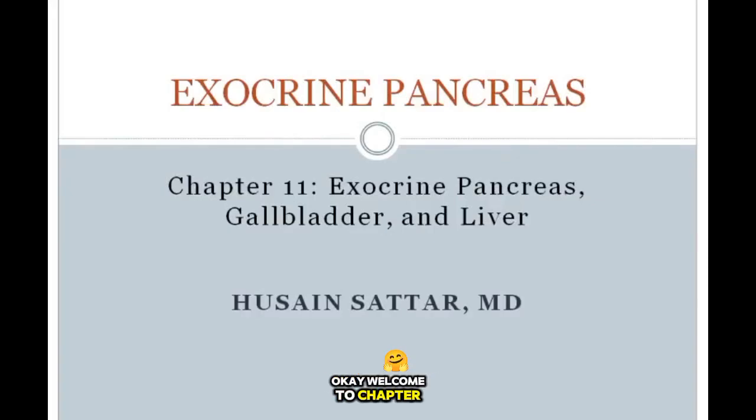Okay, welcome to Chapter 11, dealing with the exocrine pancreas, gallbladder, and liver. We're going to begin with the exocrine pancreas. Now remember that the pancreas is sort of two organs in one. There's an exocrine pancreas that's going to produce the enzymes necessary for digestion, while there's also an endocrine pancreas which would secrete hormones into the blood. In this particular chapter, we're only going to discuss the exocrine pancreas, and we'll leave the endocrine pancreas for the